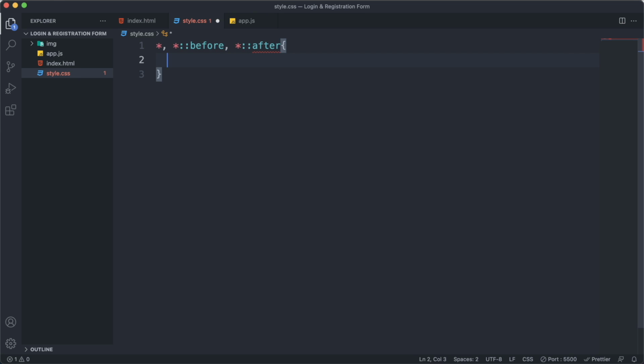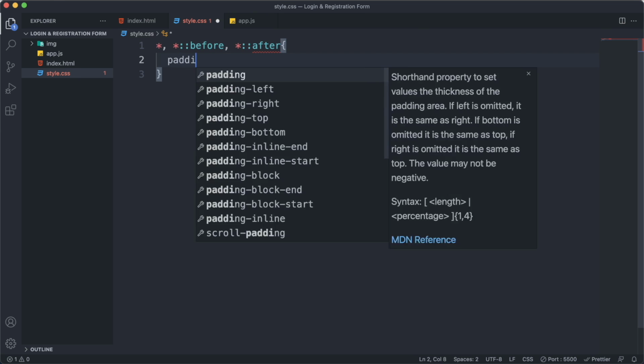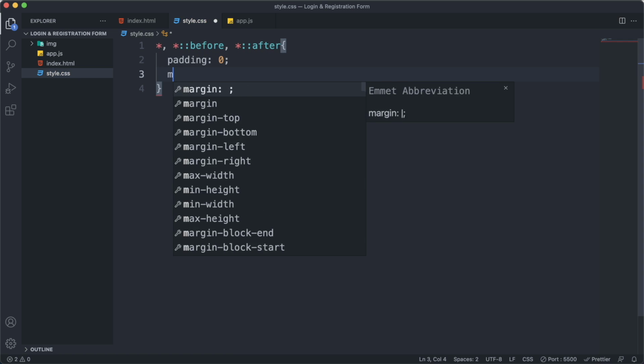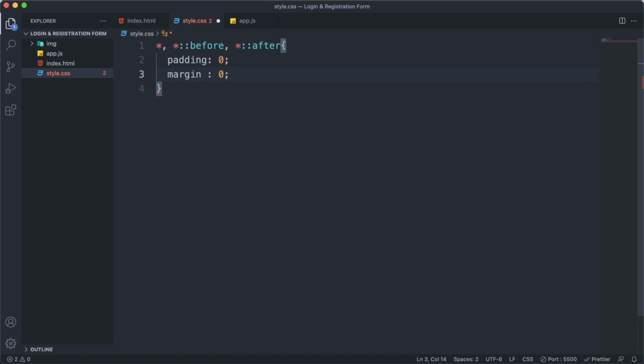Then in here, we want first to get rid of all the paddings by setting padding to 0 for all the elements, and let's also get rid of the margins. The reason why I'm doing this is because some elements such as the headings and the paragraph tags already have some margin and padding by default. So to make sure we don't have any issue in the future, we just got rid of all the margins